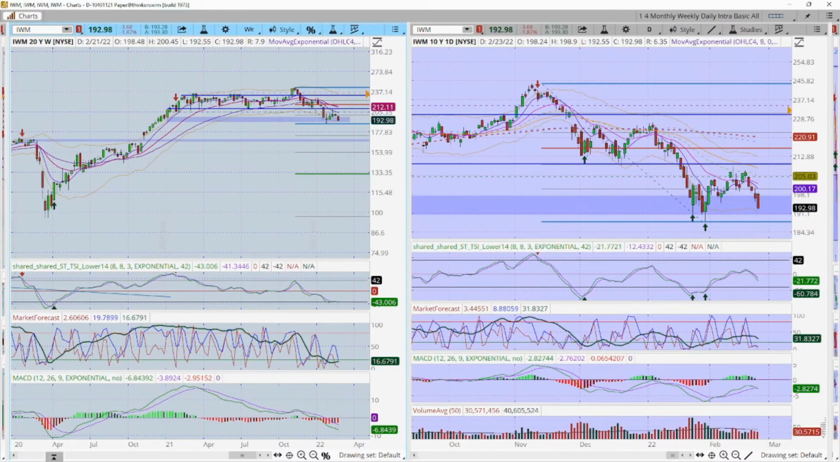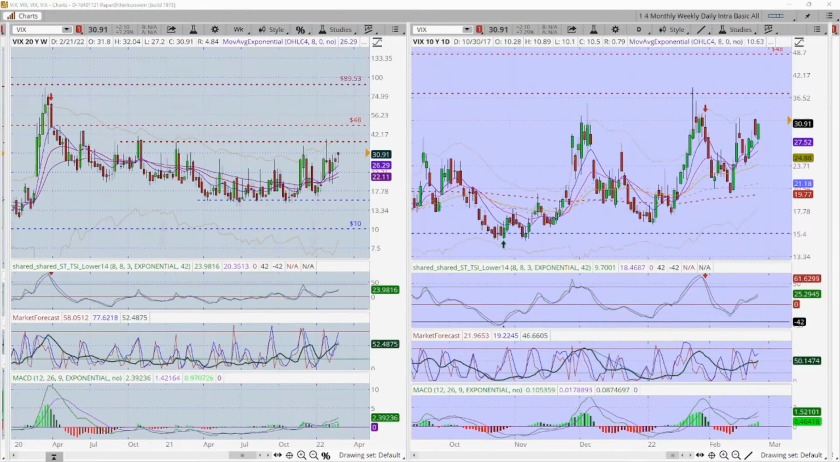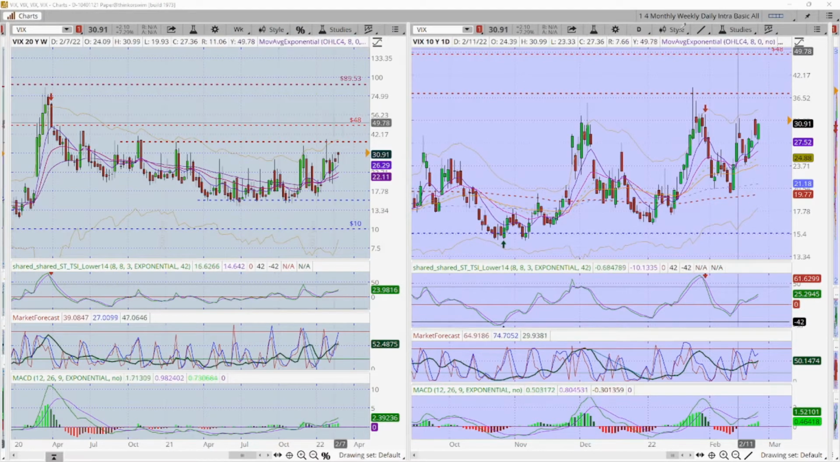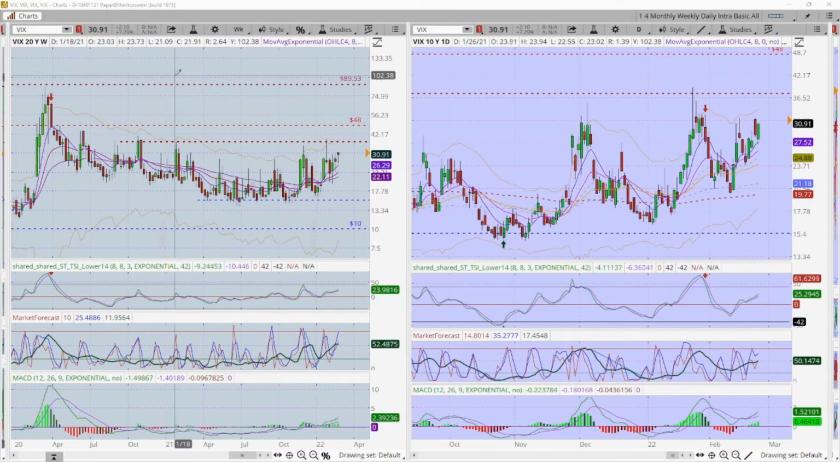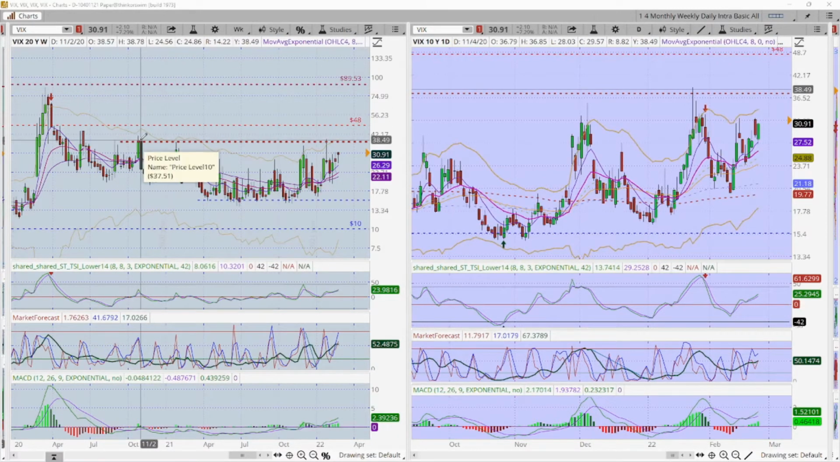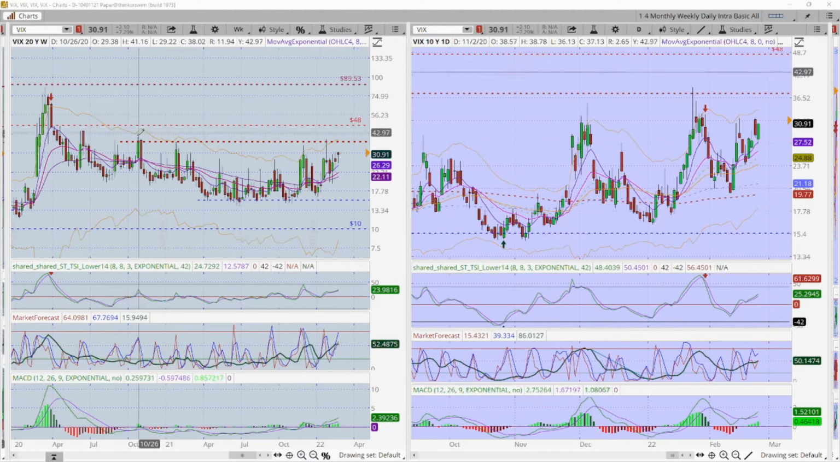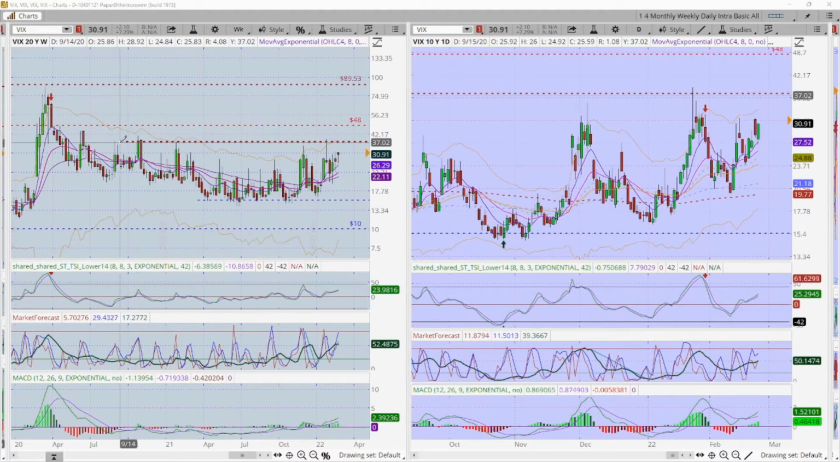Well, a couple of things I look at is I look at the VIX. What is the VIX telling us? The VIX is telling us that, one, it is pushing higher. However, in the past, going back to November of 2020, every time it would get up into the area of about 38,